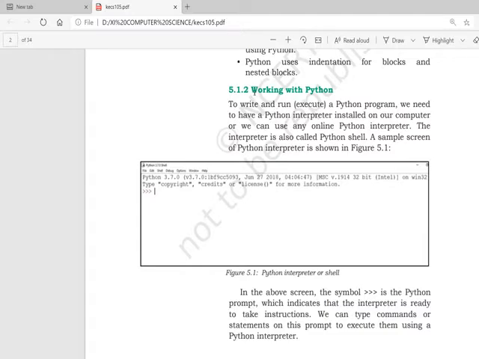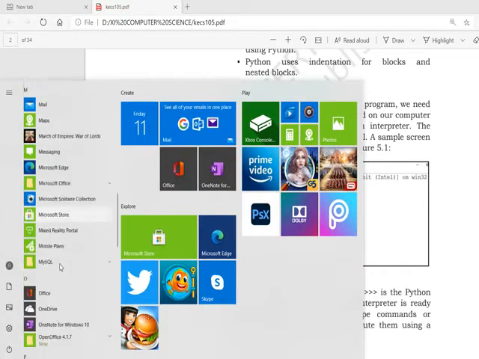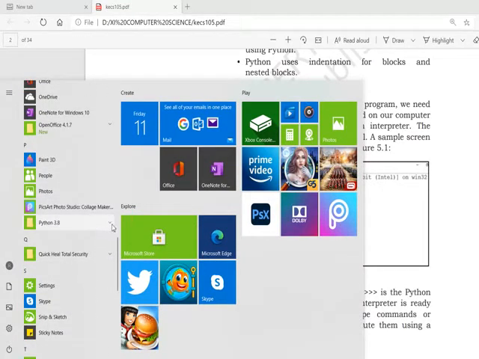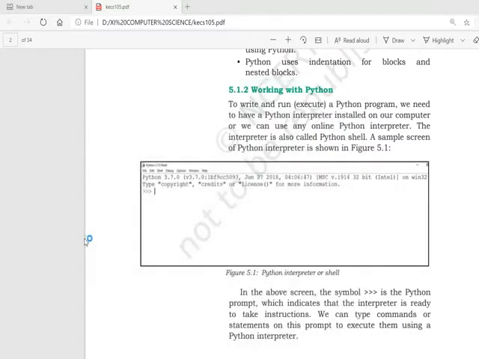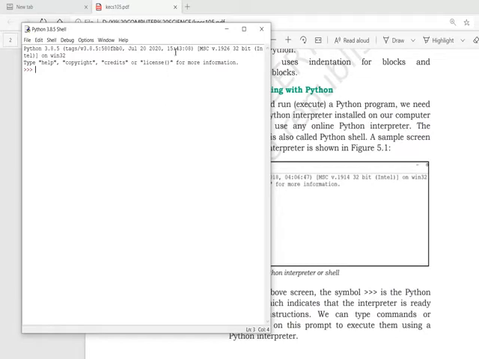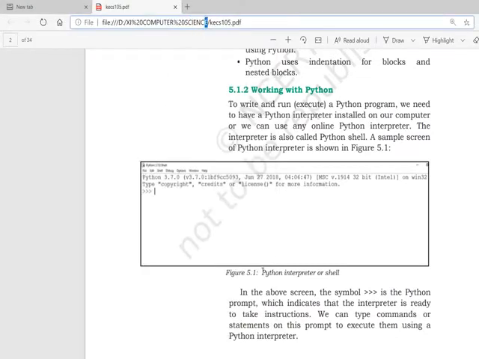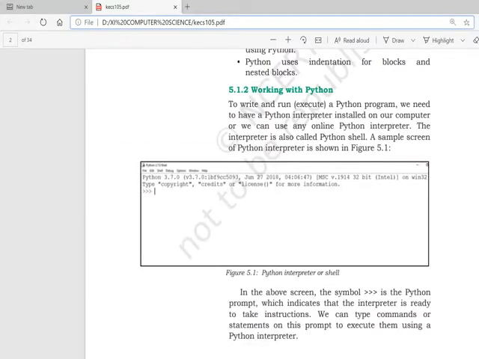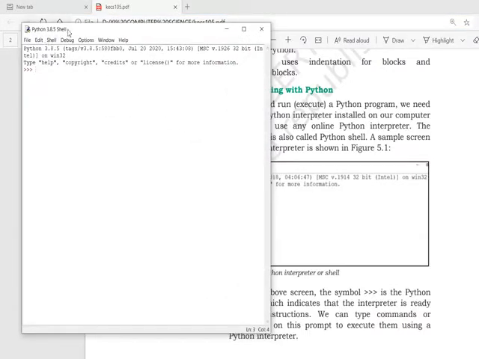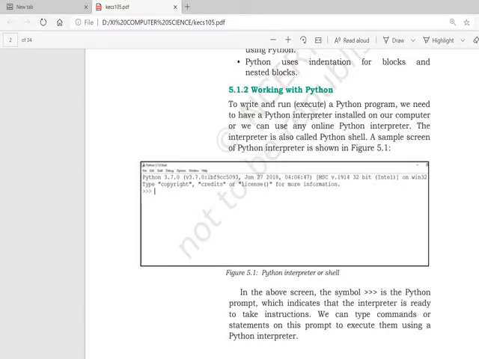In this video we are going to explore working with Python. So let's open our Python first of all. You would have installed Python, and after that through the IDLE you can open your Python environment, and you can notice this is the same type of window as in figure 5.1, and actually it is technically the Python shell, on which there is a Python prompt where we execute our Python instructions.